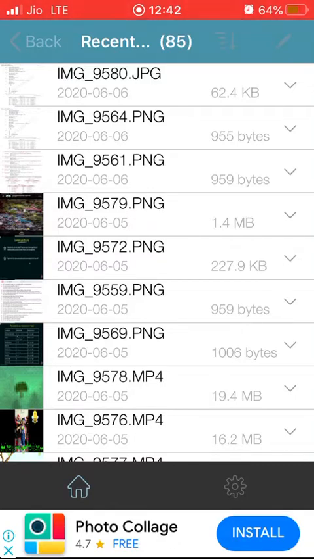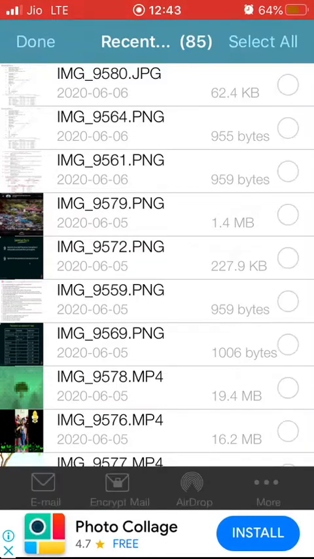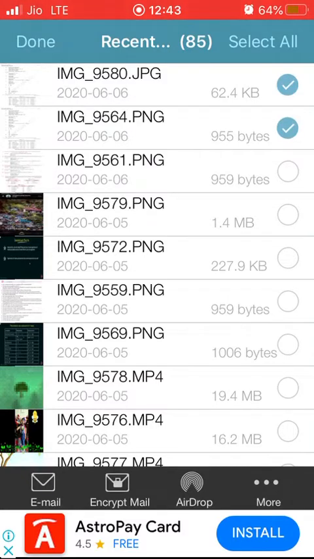Actually it is not clearly visible. Where the battery sign is, below it on the right side, in the top right corner there is an icon. You need to click on that icon. After you click on that icon, you'll get check boxes or check circles alongside the files, to the right of the files. Select those files which you want to zip. Suppose you have selected these, and then click on more and then click on zip.